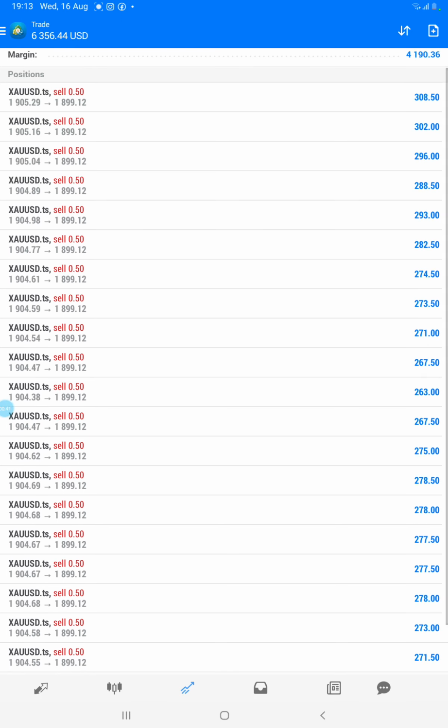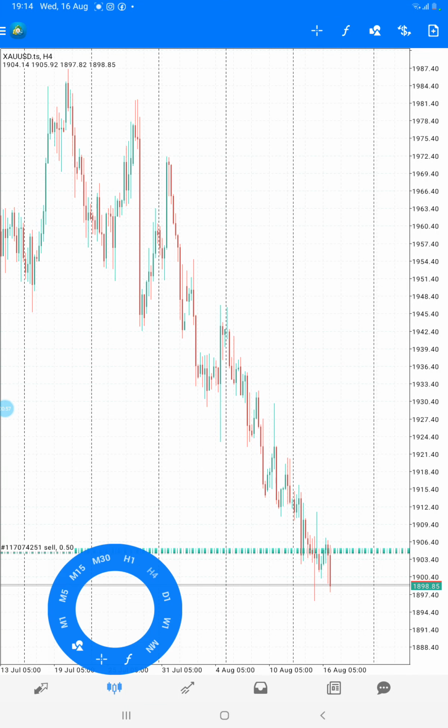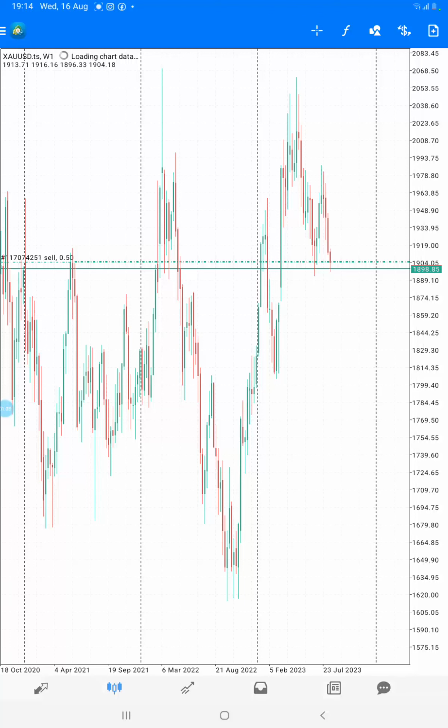So this is how we analyze, and this is exactly what I have coded in my knowledge robot. When we analyze the market, we start with the weekly time frame. So when we start with the weekly time frame,